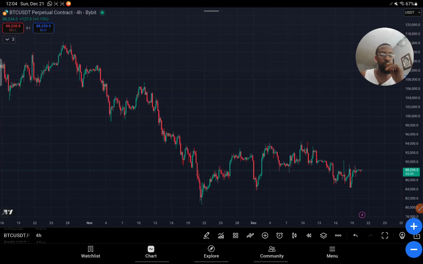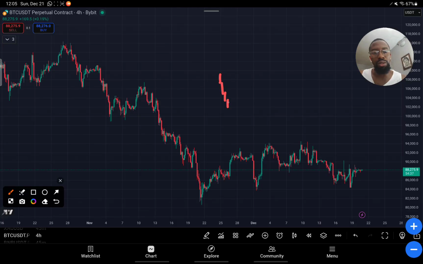So what you should be looking out for is that there is always one candle in the market that is a very sharp candle. This candle can be a bullish engulfing candle or a bearish engulfing candle. And how do you know a bullish or bearish engulfing candle? Let me give you an example. You might see the market doing something like this, and then suddenly you see a sharp uptrend.